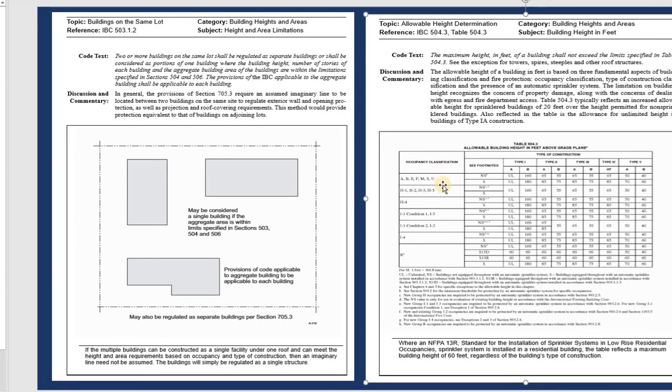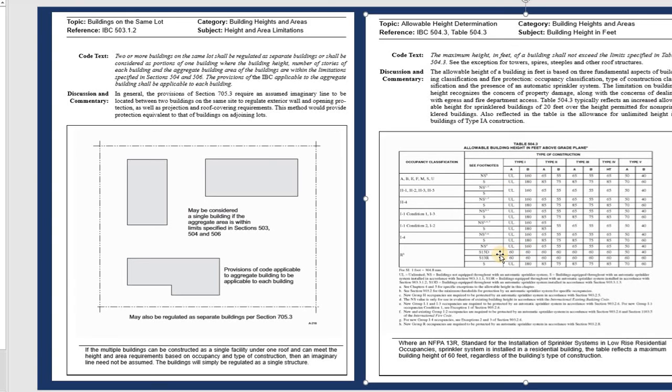Same thing, we have many different groups of buildings. So you can see H1, H2, H3, H4 right here, and after that I1, I2, I3, I4, and R. So if you use R, for example, non-sprinkler, and you use type 1A, the height is unlimited. But you use the one for the sprinkler, this one is not the sprinkler, but S13D for the footnote, and you can see type 1